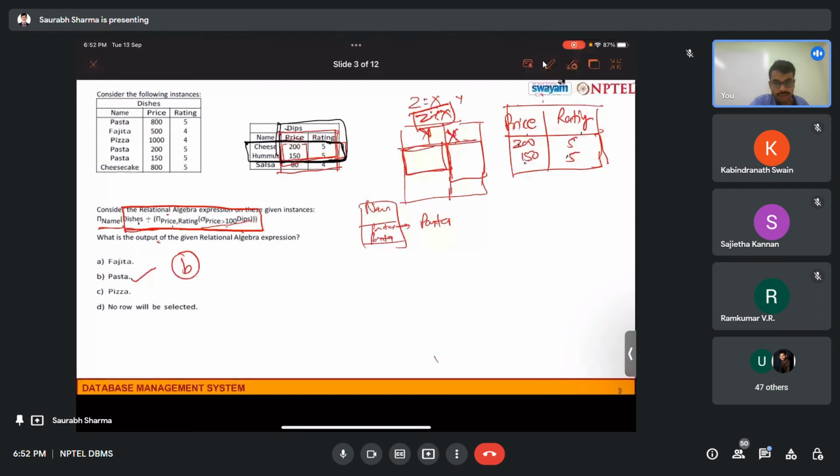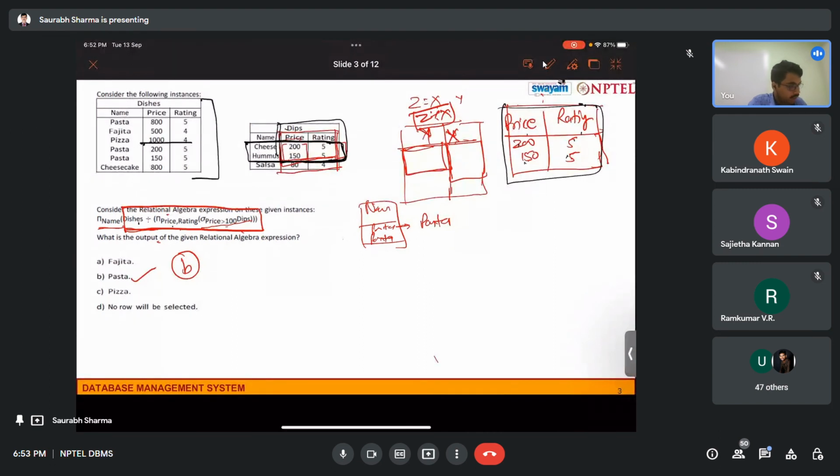Okay, I will go slide by slide, you will see. Then, okay, so we were left with these four things. Now we have to select this one, and we have to just get the common things. If these two tuples are present in this relation, so what we are left with, we will select